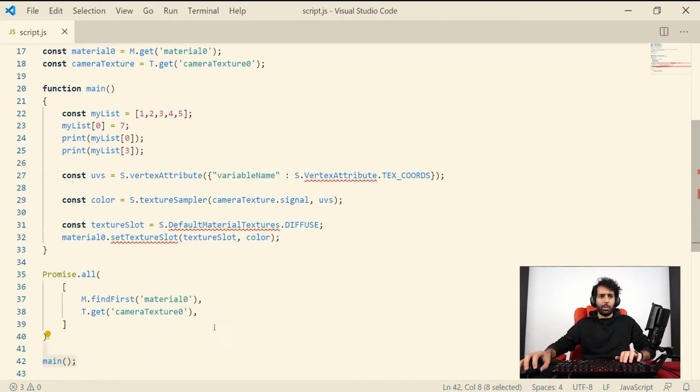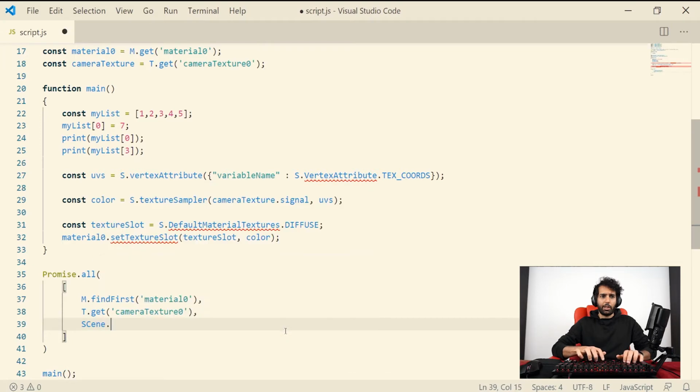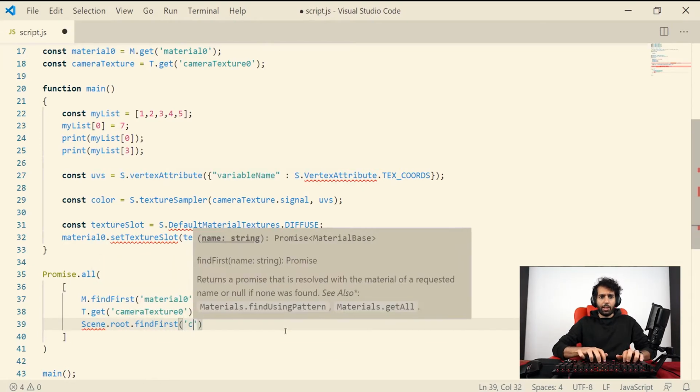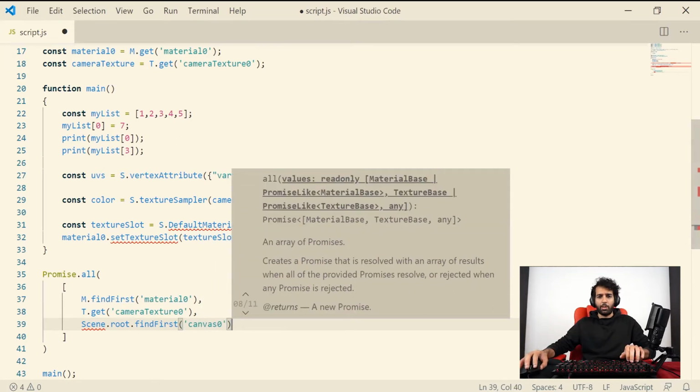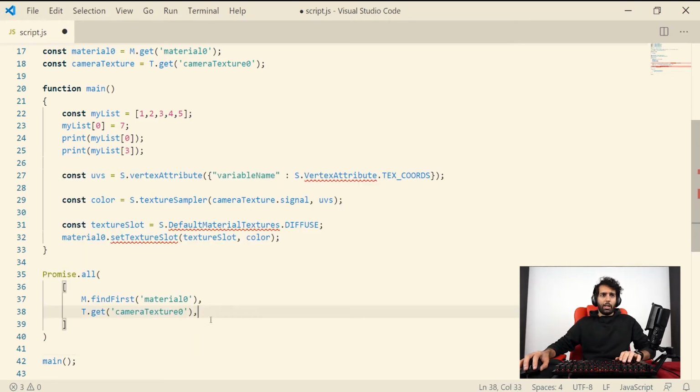And if you had some objects in the scene, you would do the same thing, scene.root.findFirst. Let's say we had a canvas in there, so we would resolve it like this basically. But I'm not using a canvas here, so let's just delete this. Okay, so